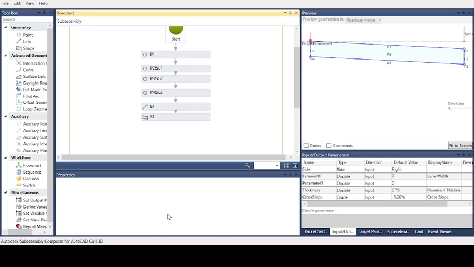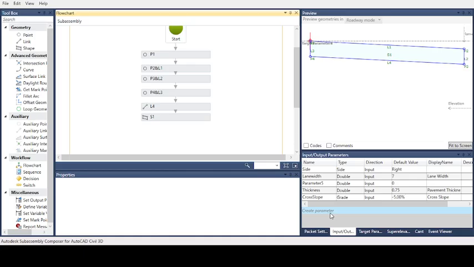In this session, you will see how to assign the super elevation properties to the selected links. We will start from the previous section. To do this, we will go to the input-output parameters and create a parameter for the super elevation and super elevation axis of rotation, in order to shift or move up and down the selected links. That means for link 1 and link 4.